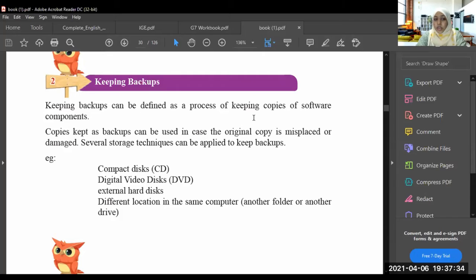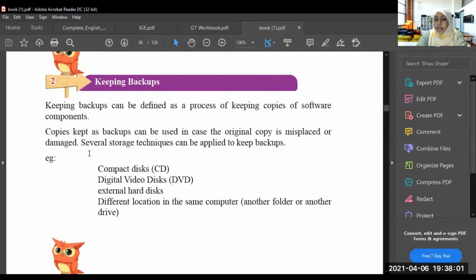So for that, what we do is we keep backups. Copies kept as backups can be used in case the original copy is misplaced or damaged. So, in case your original copy is misplaced or damaged, it is helpful if you can keep a backup of these original copies.